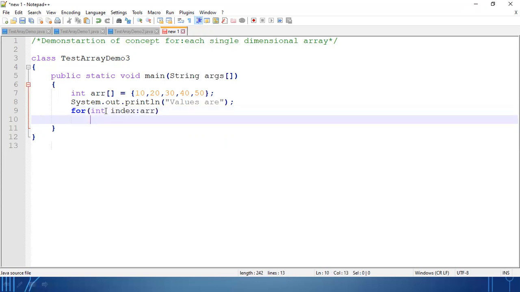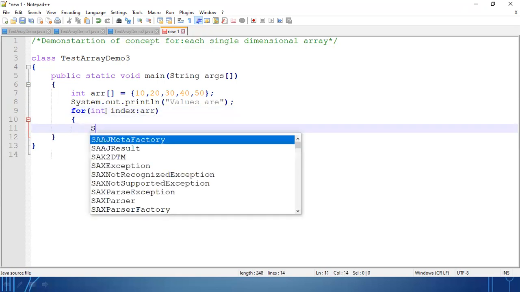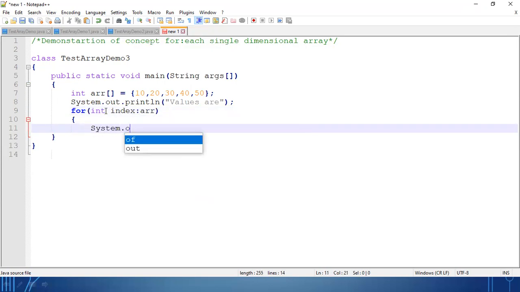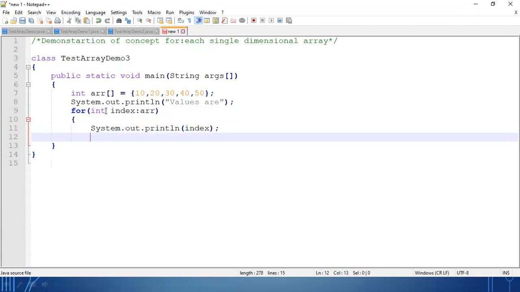Okay, only the index name, nothing more than that. Okay, check here, integer, you are declaring the index variable colon the array name. So every individual value will be pointed by index.